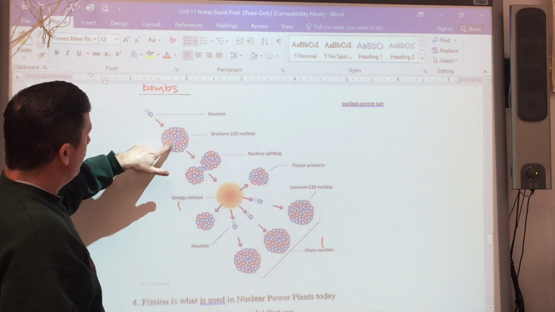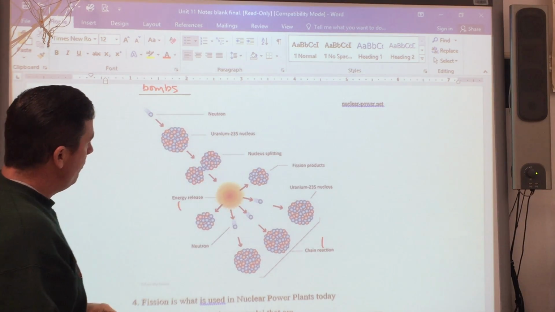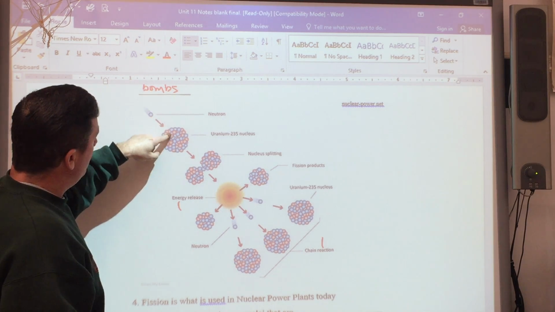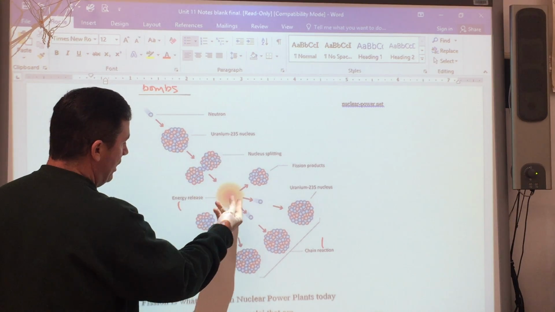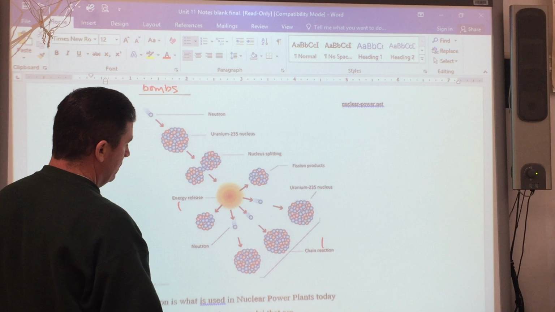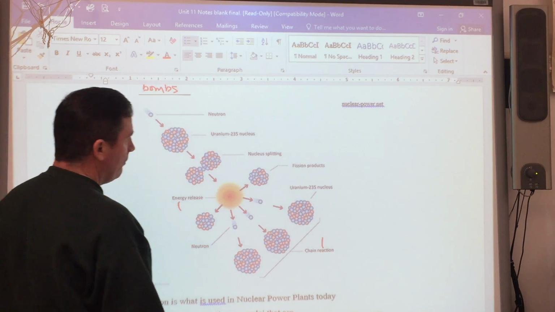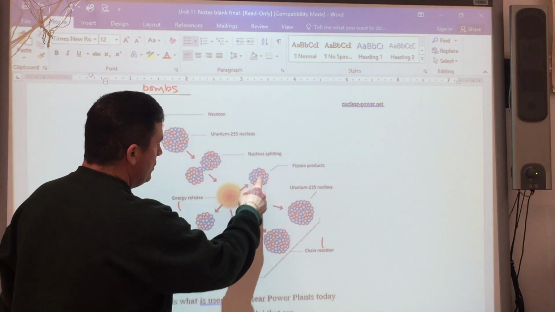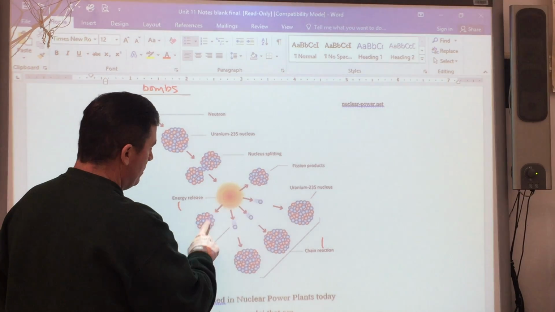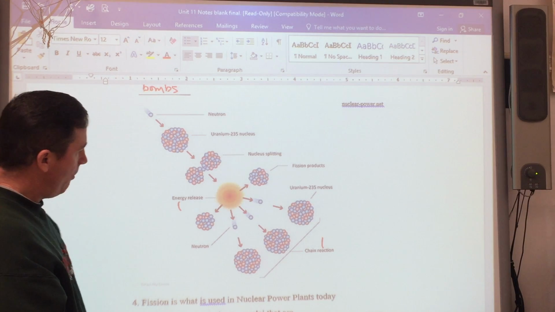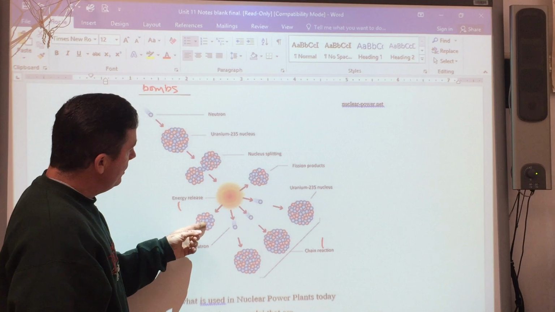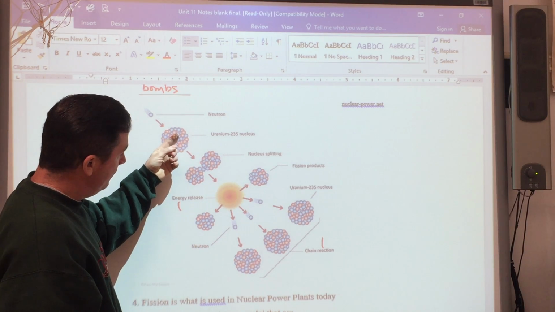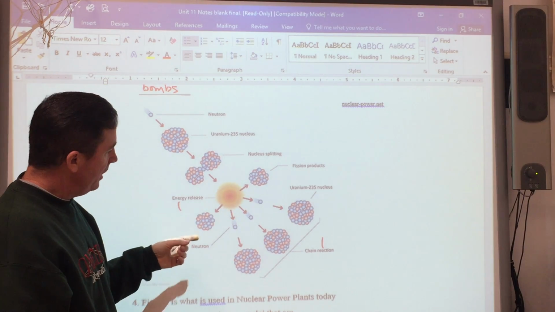So what happens here? Here's a typical fuel for nuclear reactors, uranium-235. When it gets hit by a neutron going fast enough, it will split, and when it splits, it releases energy. When this happens, you get things coming off of this. They're called fission products, and we'll do some examples. One of the fission products is going to be a lighter element. So in this case, we start with a heavy element and we end up with lighter elements and some particles